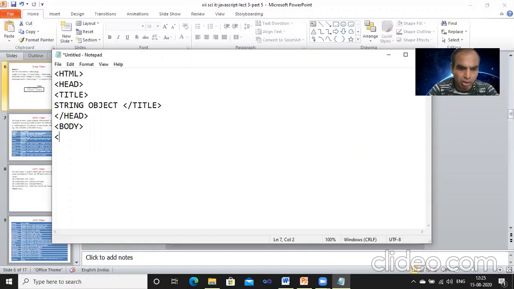I use the script tag for JavaScript, language equal to JavaScript.